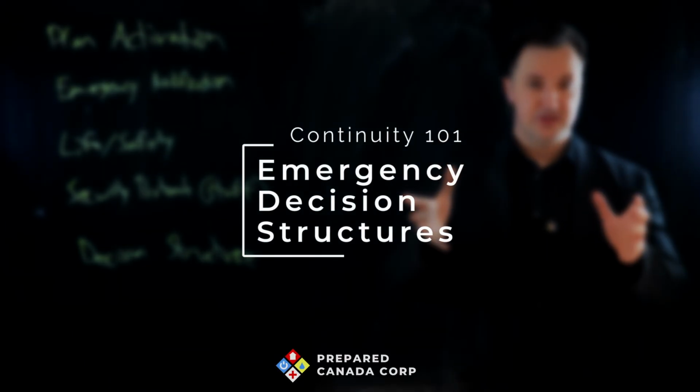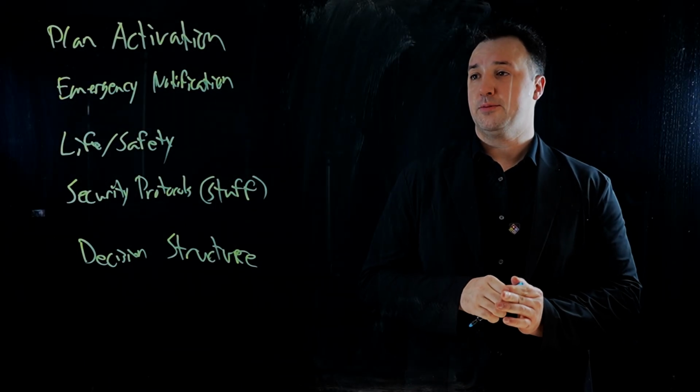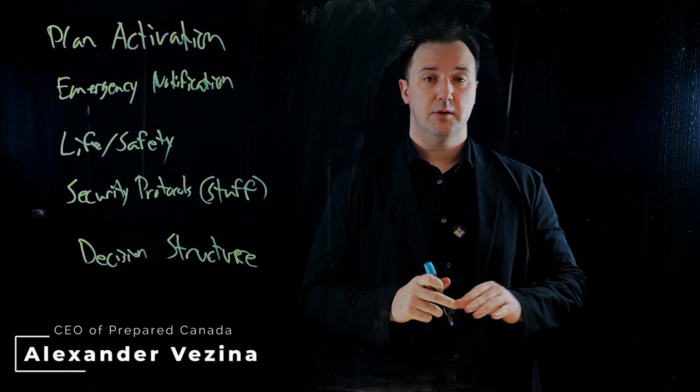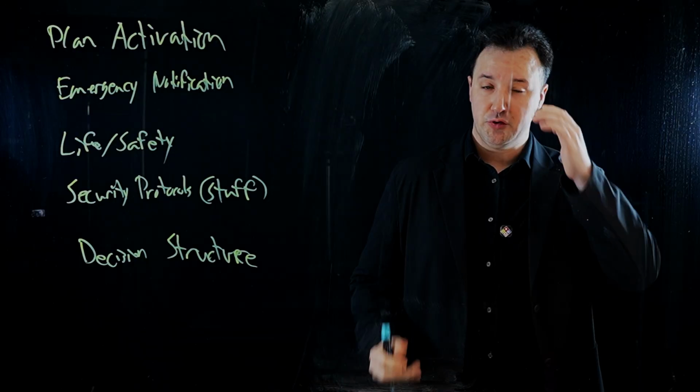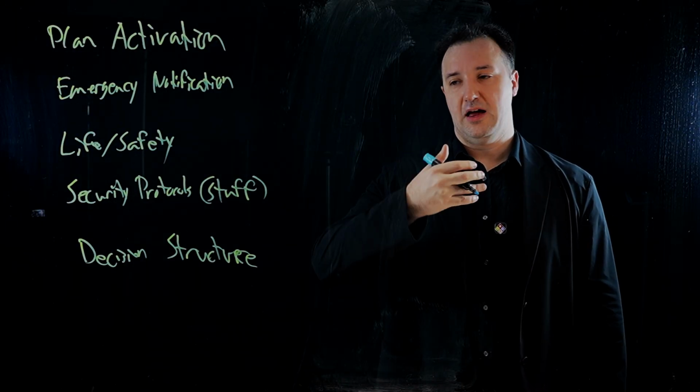Okay, so emergency decision-making structure. We talked about ad hoc. The next one I want to talk about is roles and responsibilities. So when you do a roles and responsibility system, what you'll generally have is you'll have your boss, you'll have